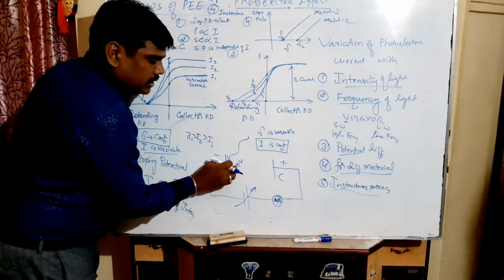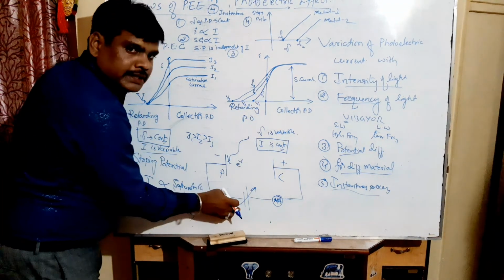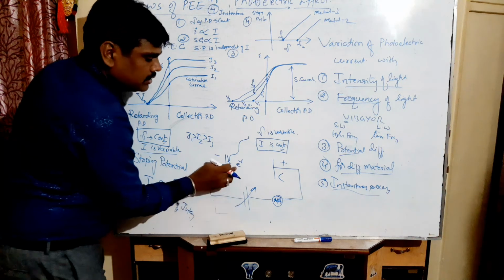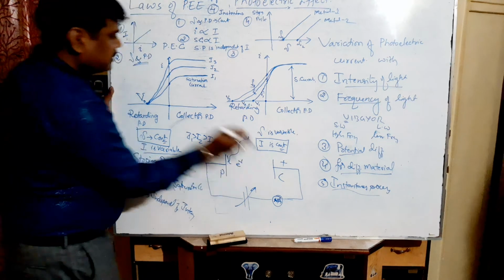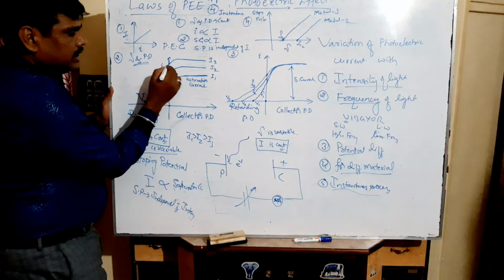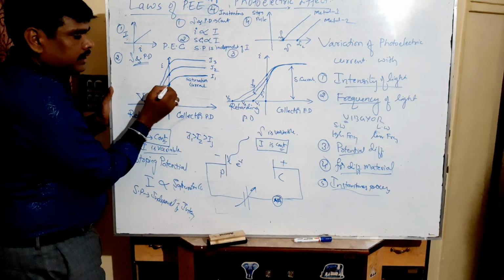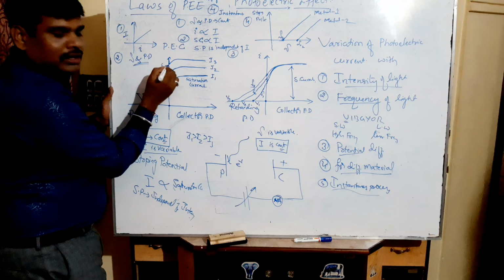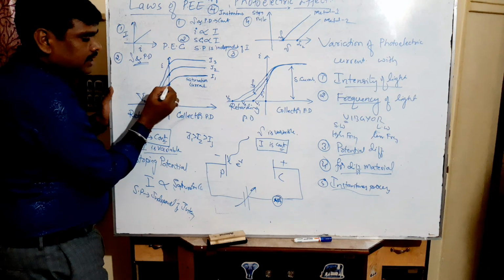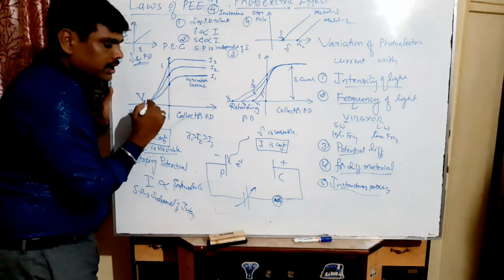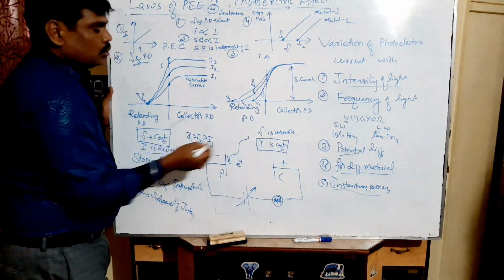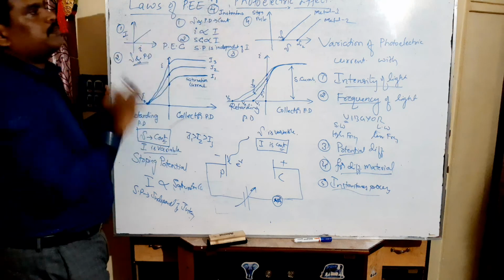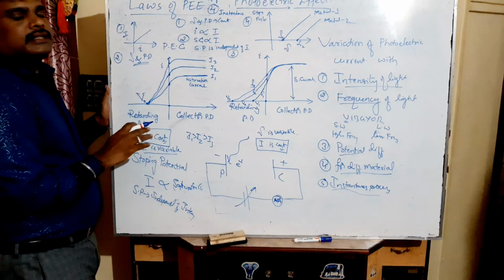If the electron has already reached from here to here, there is no need of this. Certain electrons can reach without the external potential difference. They can already reach. That's why I will write this: even at zero potential, there is some current. Clear now? Even at zero potential, there is current. Those electrons have sufficient energy to reach from here to here when emitted. So these are all the things we have to explain, isn't it?